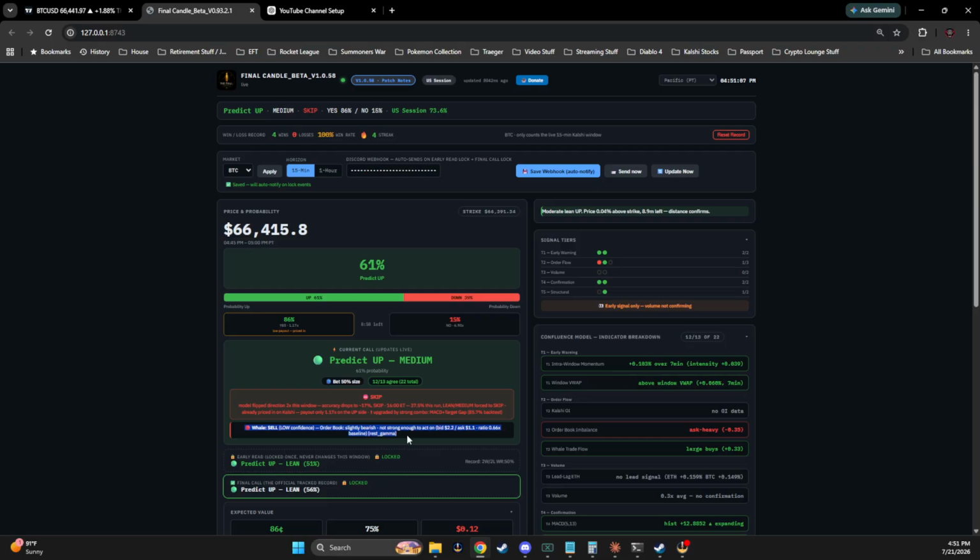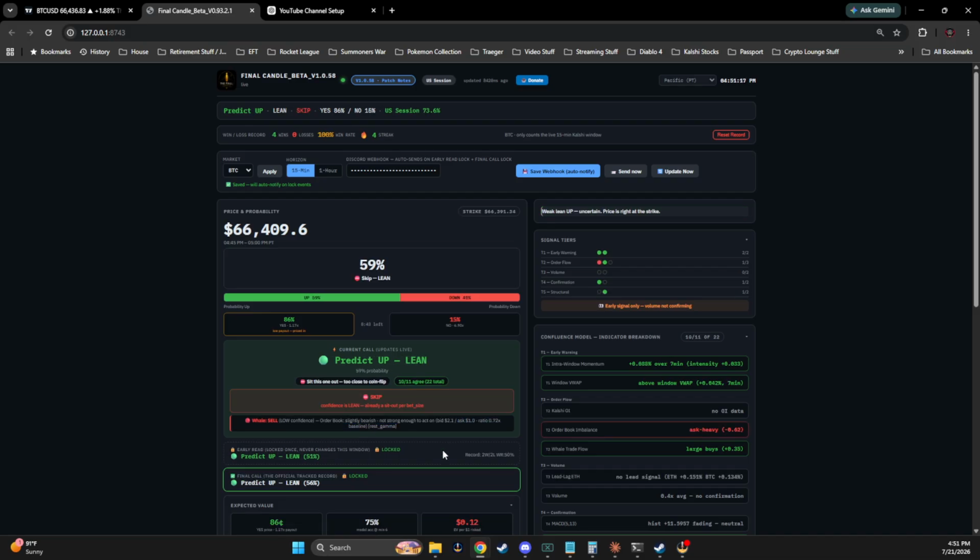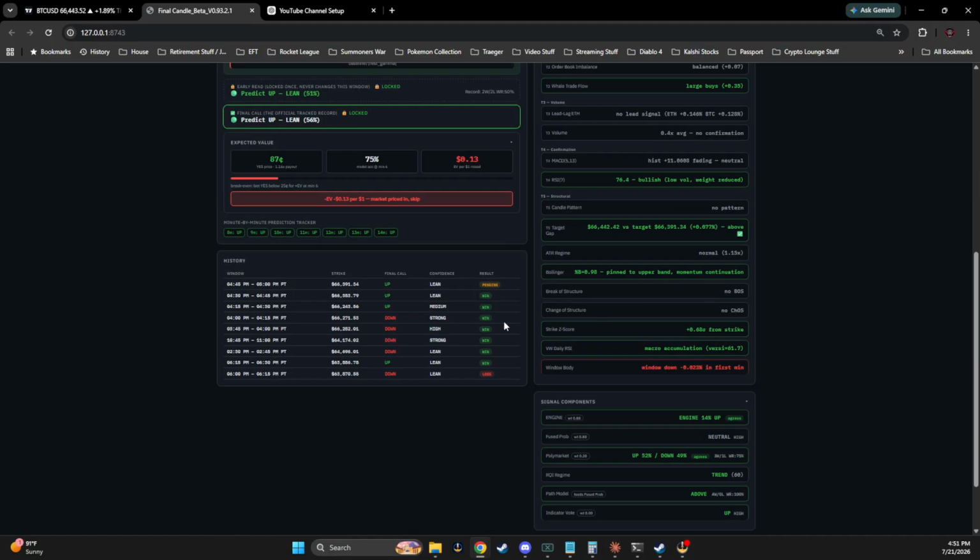You currently have a whale sell, so it's driving the price down a little bit more, which is telling you it's slightly bearish, not strong enough to act on. So it doesn't have a giant trajectory or movement in it. That's where, for me, I use the script to verify what the bot is telling me. But overall, the bot tells you in general what is going on.